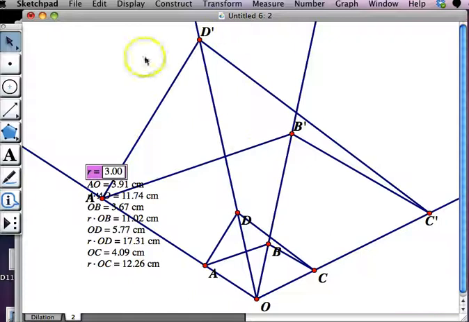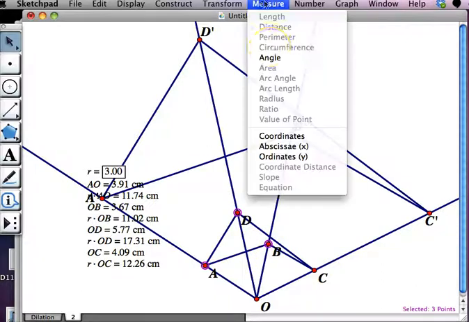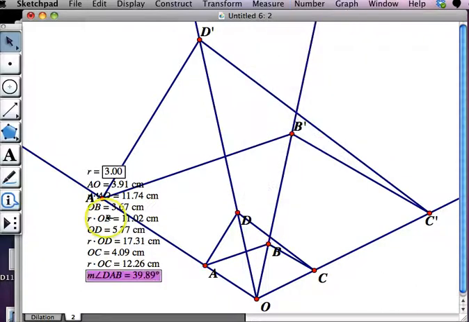We can measure angles if we'd like, so we can show that the corresponding angles are equal. Why don't I just go ahead and measure, say, angle DAB and D A prime B prime, just for one example, and then we'll wrap it up. So to measure an angle in the Sketchpad, I have to select my points with the vertex in the middle. So I'll select point D first. I'm going to select point A and then B, and I'll go up to the measure tool, and we can measure angle. And right here it says measure angle DAB, and why don't I compare that to D prime,